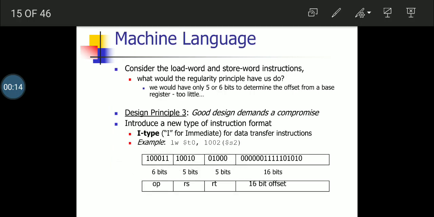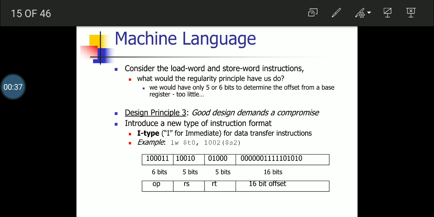In the previous lecture, we saw the arithmetic instruction format. In the arithmetic instruction format, the 32 bits have been split into 6 fields. The first field we discussed was the operation code, and further it comes with the registers and the shift amount, and then it ends with another 6-bit field.